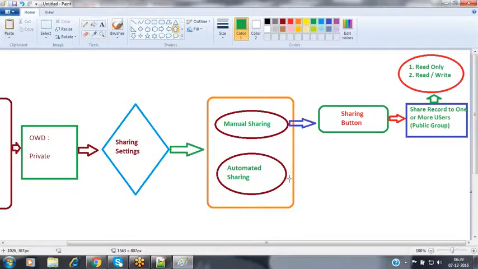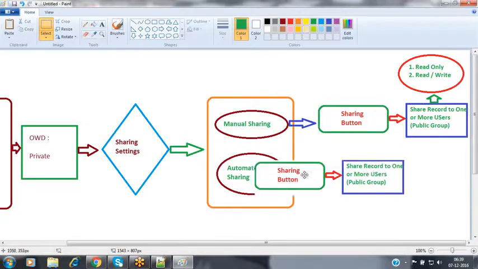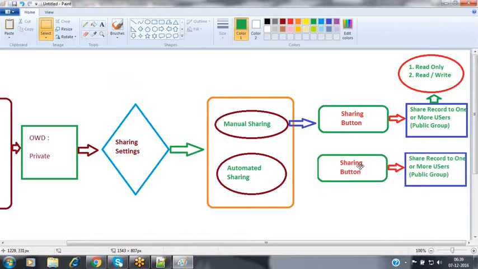So how can we share the records to a collection of users automatically here? In this kind of scenario, in order to share the records automatically to one or more users, we are going to use a feature called sharing rules.